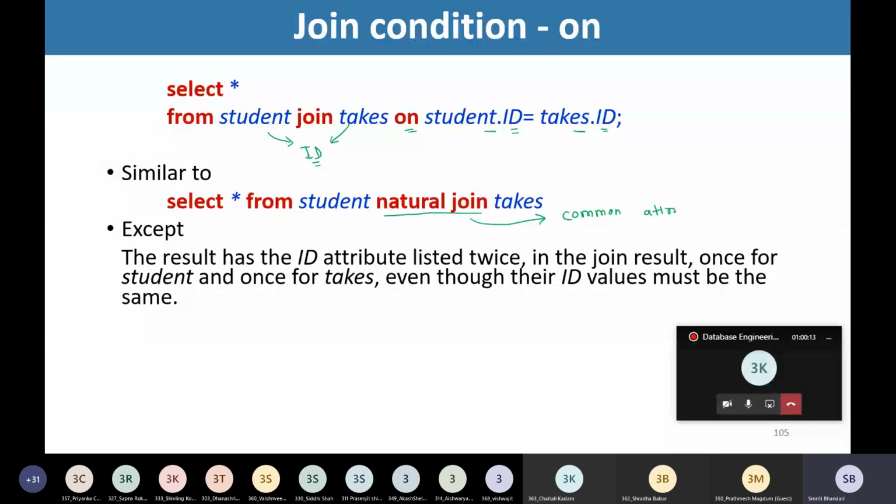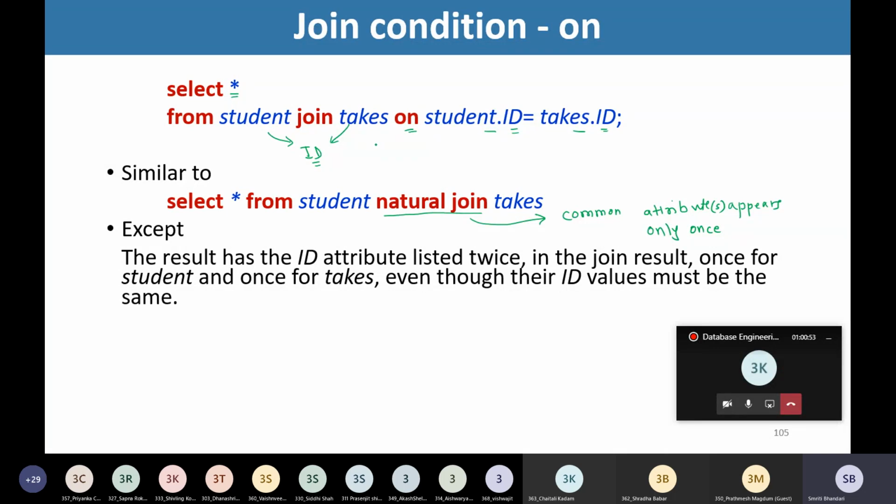So in natural join, common attributes appear only once. Whereas if I am making use of this join and if I am using all the attributes here, then what will happen? The result of this will have this ID attribute listed twice.